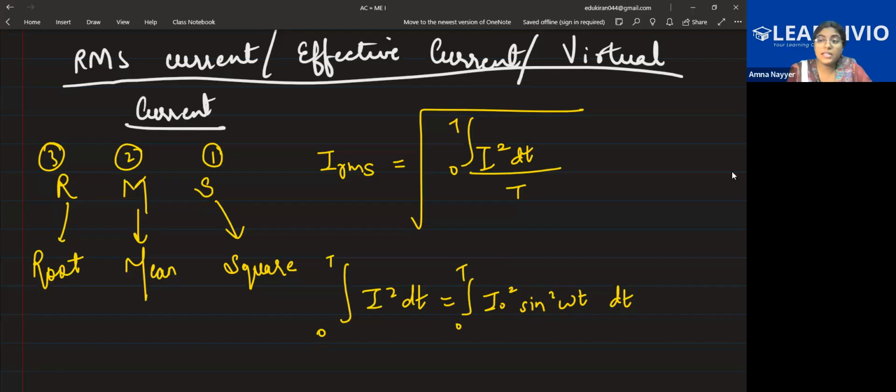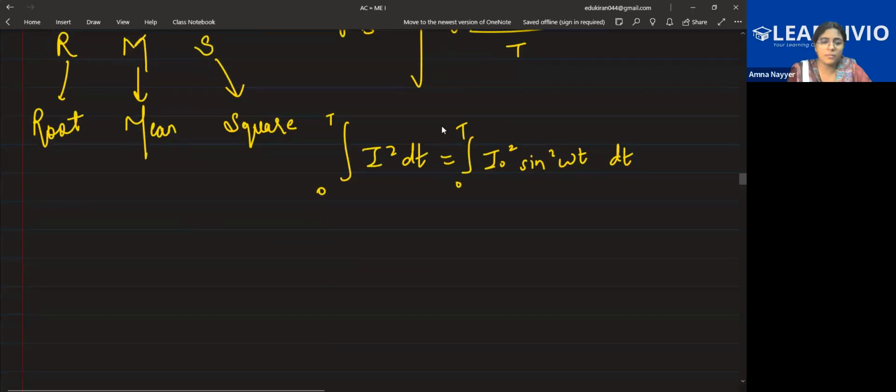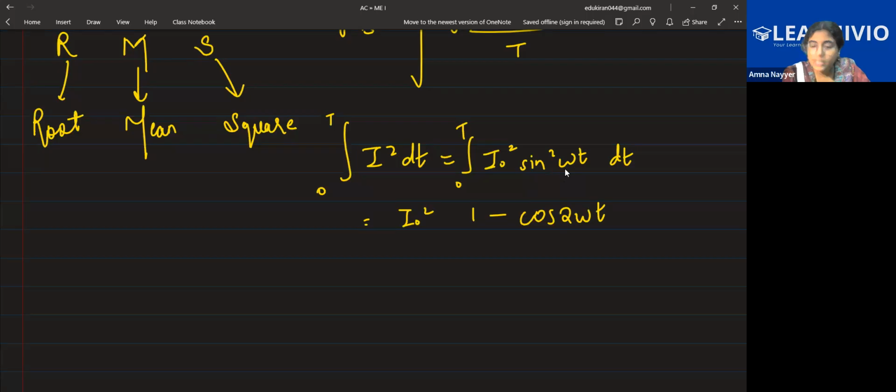Why? Because in this, the integral is a little difficult to remember. See, let's take I naught square out only. When you are integrating sine square omega t, it will be 1 minus cos 2 omega t, because 2 is in the power. For sine, you always have cos in the solving part. Remember it, learn it, for those who do not have mathematics. Because in maths, you will be discussing this in detail with your maths teacher. But in physics, if you do not have maths along with your courses, then simply remember this, that this will be 1 minus cos 2 omega t.